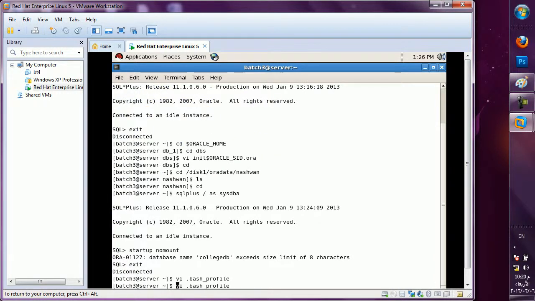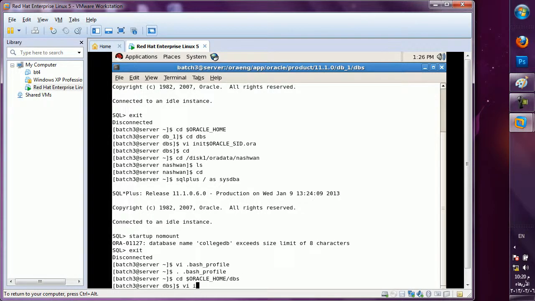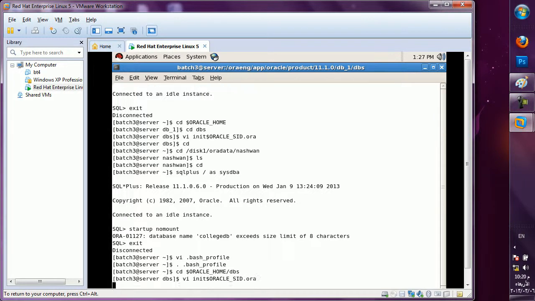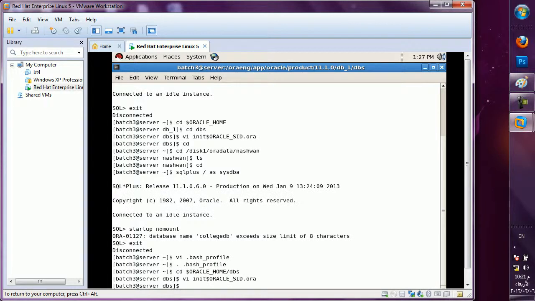Again what I will do, dot. cd $ORACLE_HOME/dbs, vi init$ORACLE_SID.ora. Some mistake is there in that file. A new file has been opened. So :q!